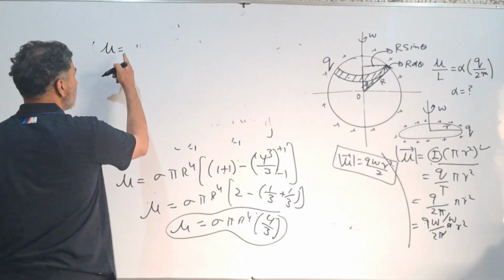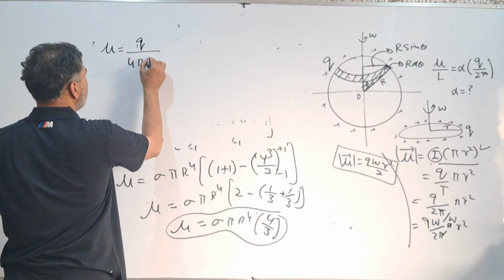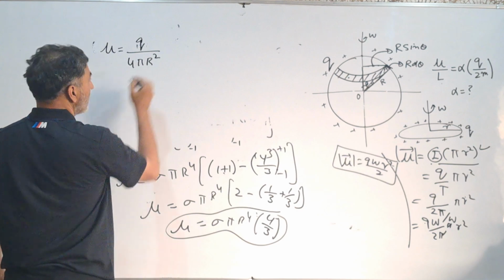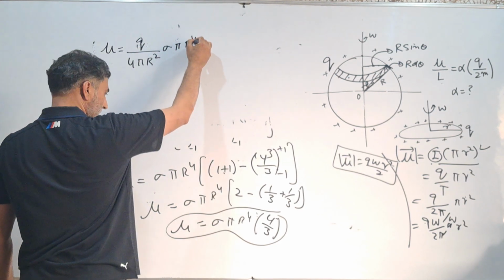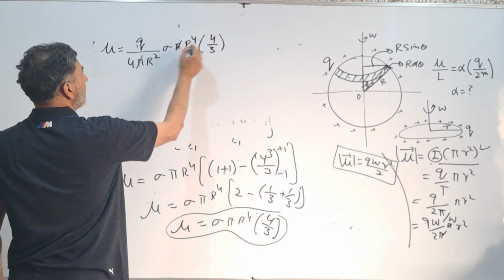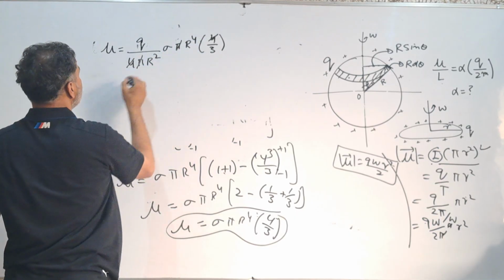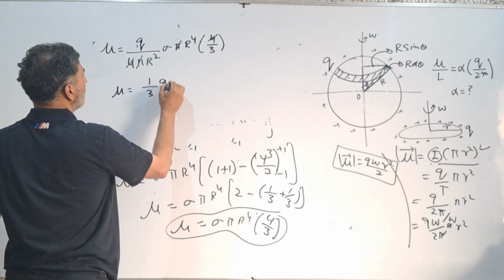So I will write sigma is equal to Q divided by 4 pi r square, sigma pi R^4 times 4/3, so this cancels, 4 cancels, mu is equal to 1/3 Q